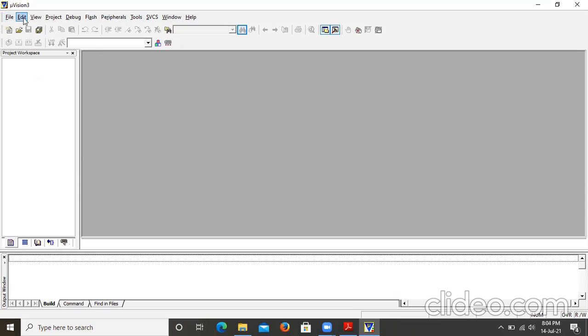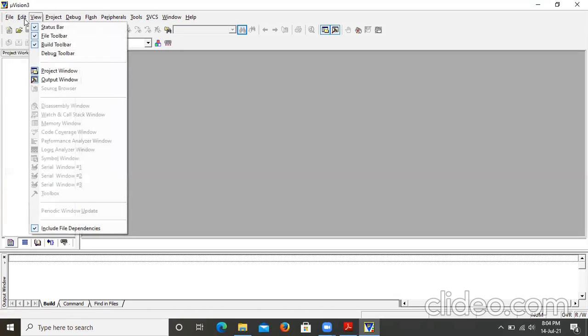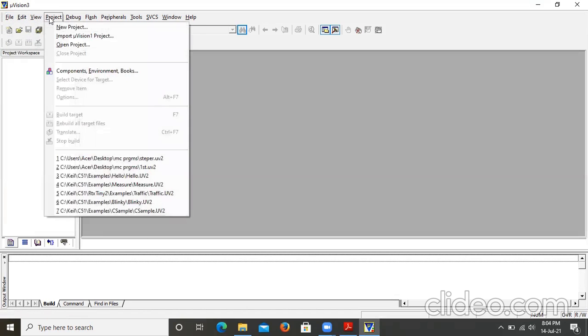Then File, Edit, View will have the normal things. File will have the options to create a new file, open, save, and so on. Then the Project navigation is important. In this you have the options to create a new project, open an existing one, or import projects.